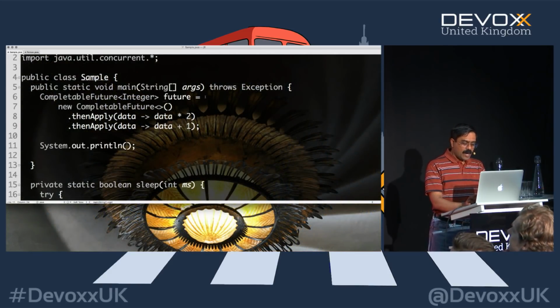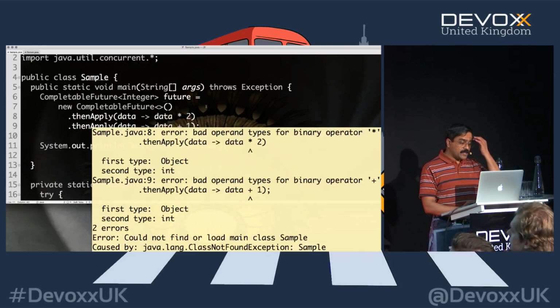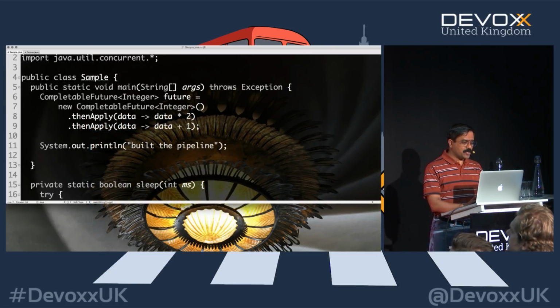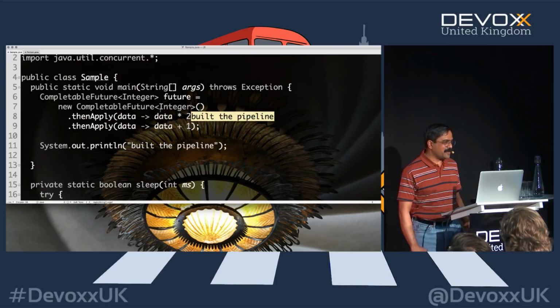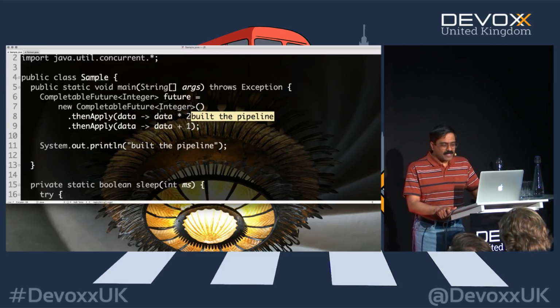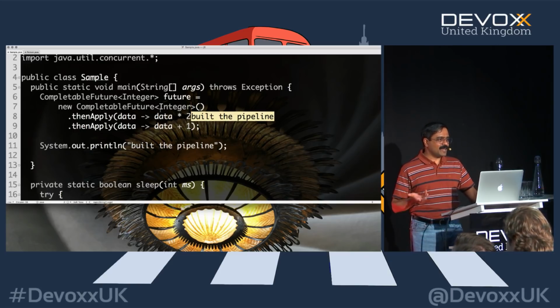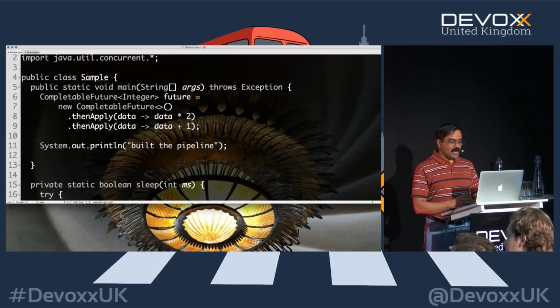At this point, let's say that's all I want to do with this pipeline. Then what am I going to do? I'll simply say build the pipeline. So this is my very first step. I just built the pipeline. That's all I'm doing at this point. Nothing really exciting beyond that. Let's see what I'm doing here. This is going to be of Integer because the type is going to be a CompletableFuture of Integer. What happened there is you're having a little issue with type inference. Type inference works most of the time, except when it doesn't. When it doesn't work, I usually throw the type in and keep moving forward. In this case, when you don't provide the type, it says, I don't know what the type is.